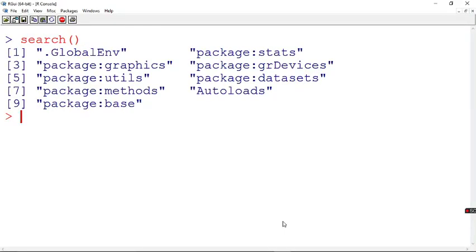When I give this search, you see you have got so many environments here. By default, the environment in which a variable will be created is the global environment. We call it our workspace. Whatever we created on this prompt till the last session is in the global environment.